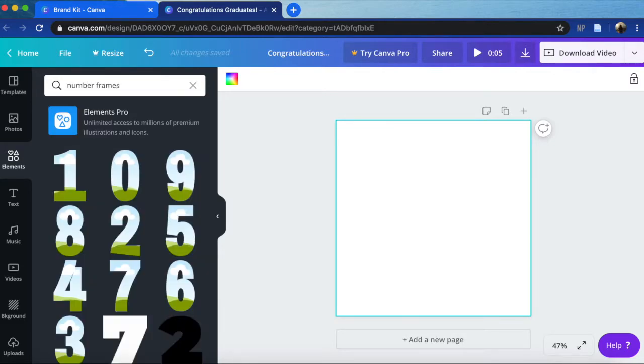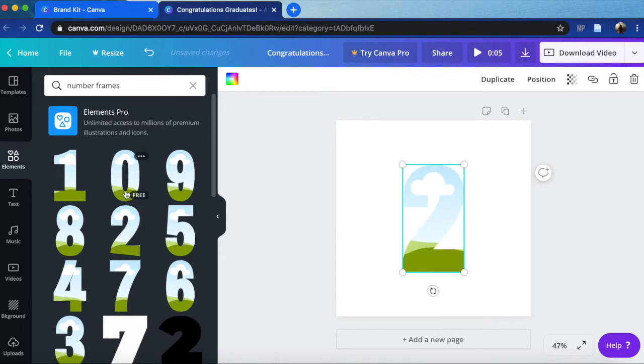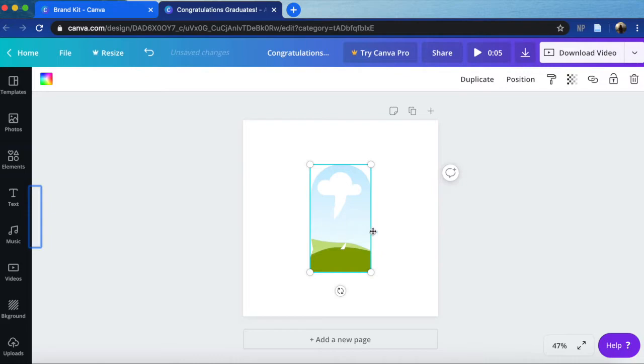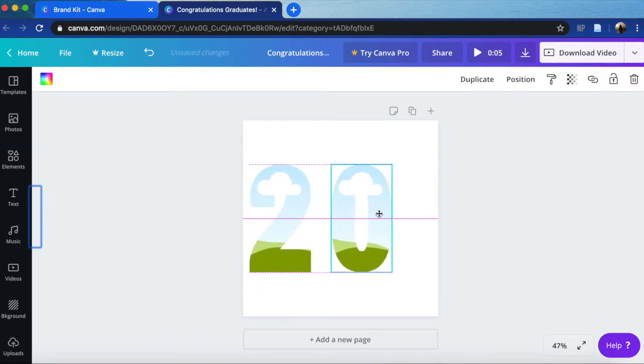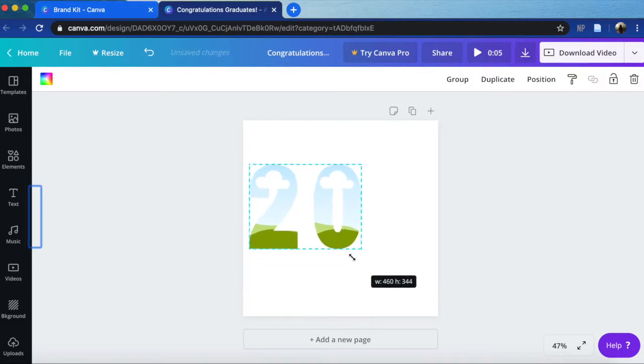Okay. So when it has this little landscape background, that means that we can insert a picture into that. So I'm going to do 2020, right? I'm just going to do a 2 and a 0 and put them next to each other. Now, if you select one and then hit shift on your computer and then click another one, now you've selected both of them,